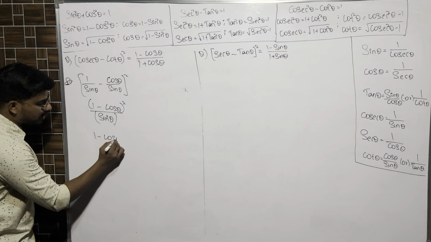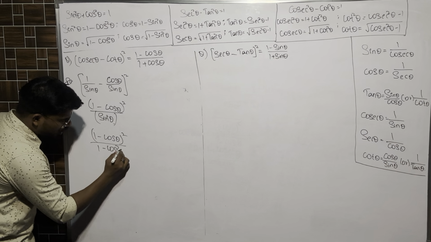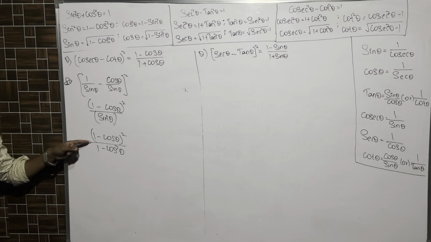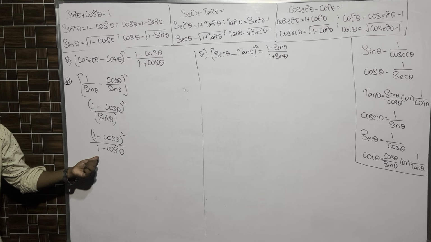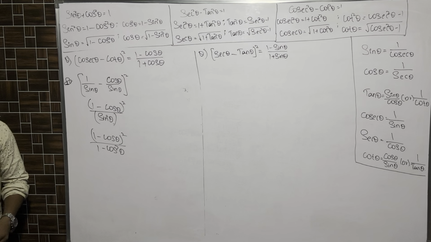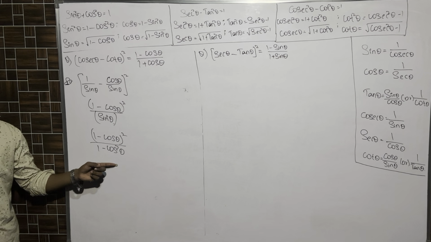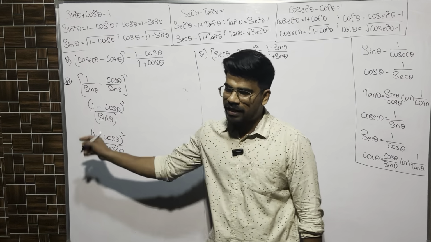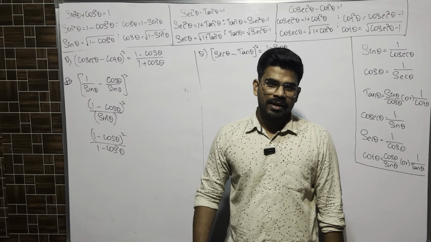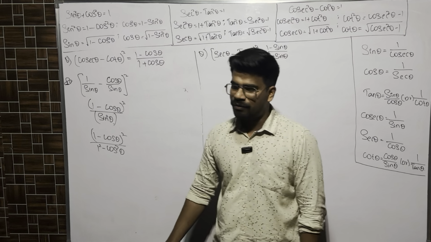So this is 1 minus cos theta whole square by 1 minus cos square theta. Don't get confused. You cannot give this square to 1 and to cos separately. It is whole square; the whole square is separate. In the denominator, 1 minus cos square theta is there. What did I say? One trigonometric ratio is there and the square is on the trigonometric ratio, with a minus in between, and 1 is there. We can put a square on 1. Why did we do that?